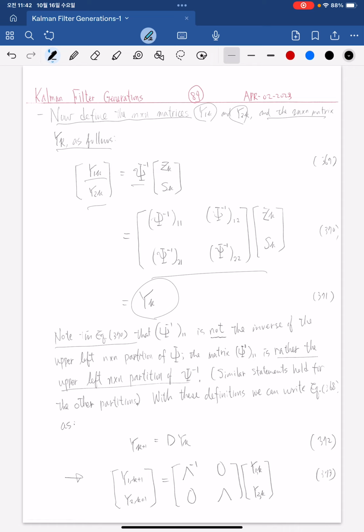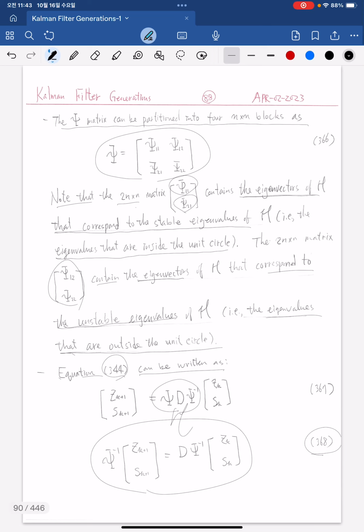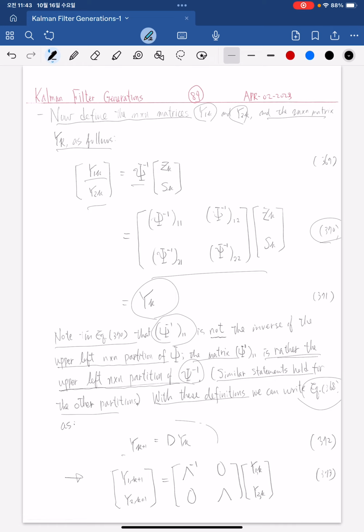Note in equations 370 that the psi inverse 1 1 is not the inverse of the upper left of the partition of psi. The matrix psi inverse 1 1 is rather the upper left n by n partition of psi inverse. Similar statements hold for the other partitions. With the definitions, we can write equation 36a as